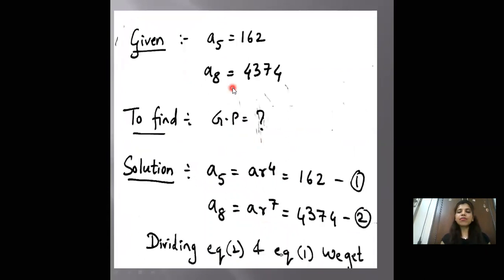So first we write the given. A5 is 162, A8 is 4374. You have to find the GP. Now in solution, what we do is A5, we use the formula A into R raised to n minus 1 and we write it as AR raised to 4 is equal to 162. A8 we write as AR raised to 7 is equal to 4374. Now you get in this equation 1 and equation 2 form. You have to divide. In GP, always divide to get the value. Okay. So dividing equation 1 and 2, we get